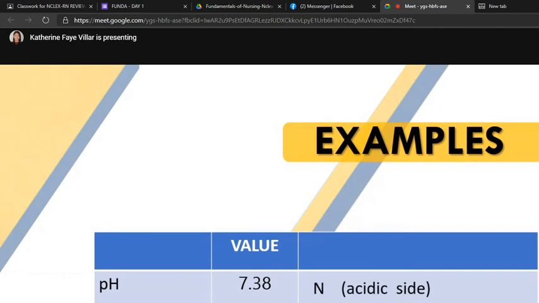Okay. How about the PCO2? Okay, alkaline. And 18, tama po kayo na acidic. So, our interpretation for this is